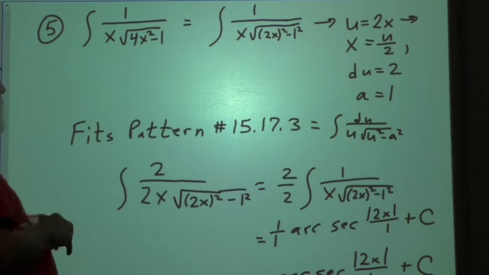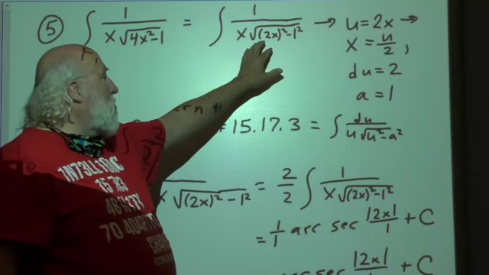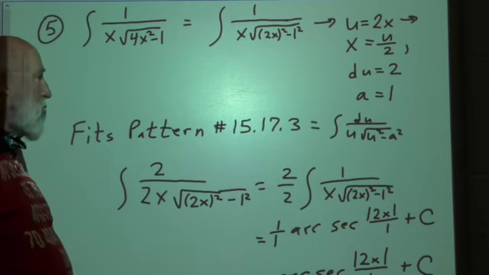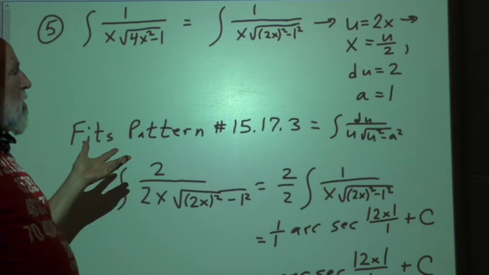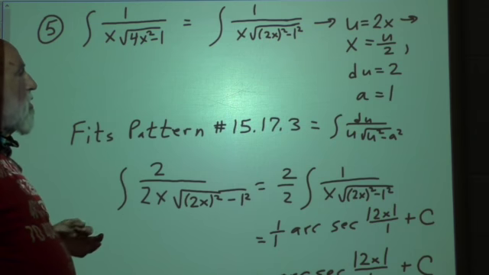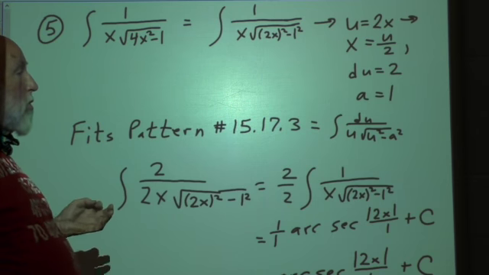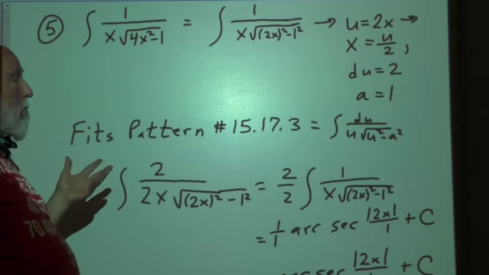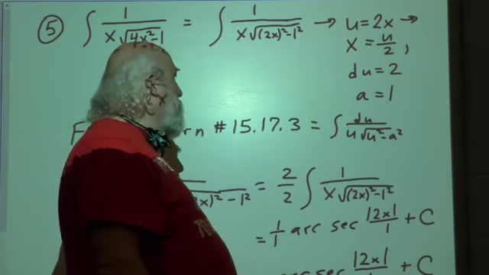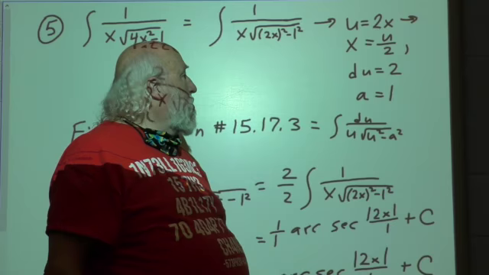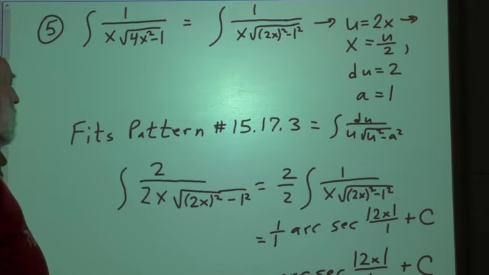Because 4x squared is 2x quantity squared, we're going to make u 2x, and the derivative of 2x is 2. So du is 2 dx. Then we manipulate that, making x equal u over 2, and a is 1. So when we plug this stuff in here,